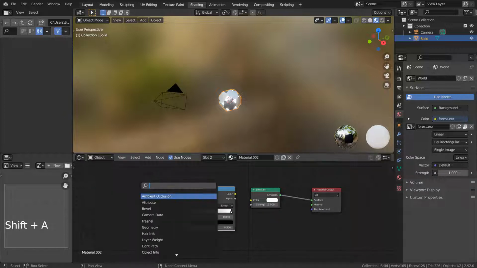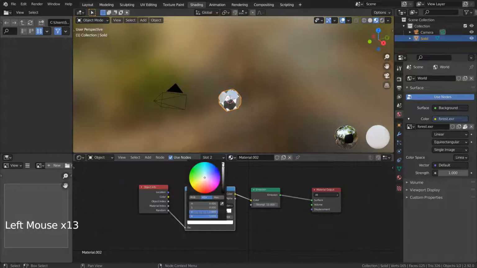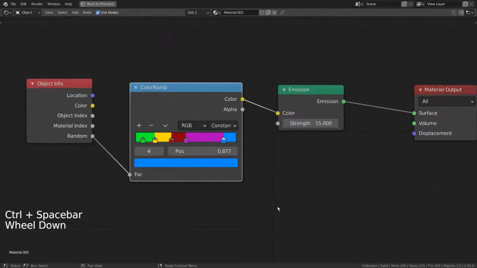I'll share the fully zoomed nodes shortly. Here are the nodes.